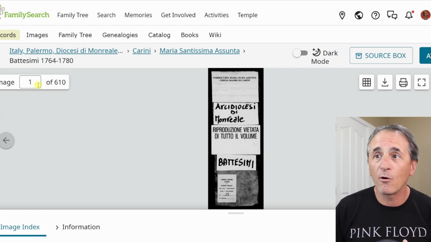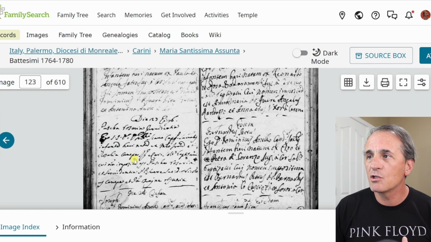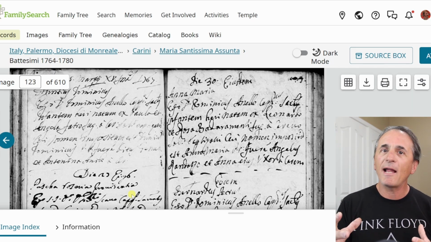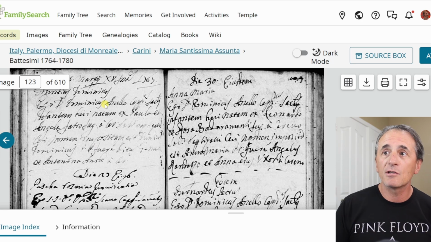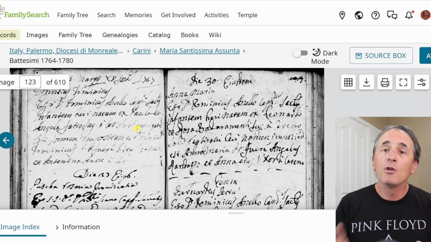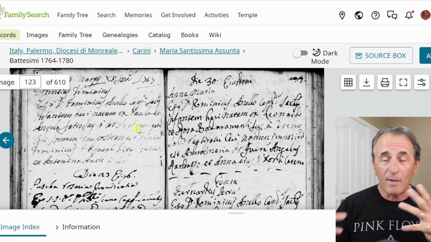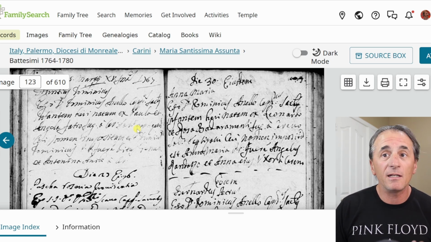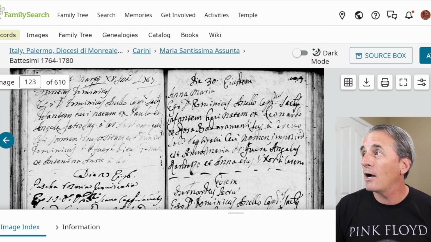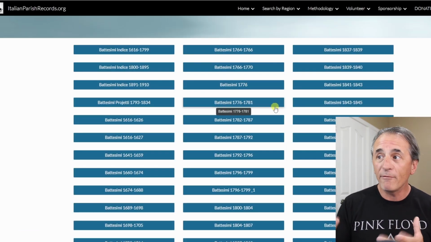Well, let me jump forward a little bit. As you get into the records here, you might have, depending on how many years it is, this is 1764 to 1780, 610 pages, most likely two indexes. So it may not start with the index. You got to find the index. So that's what was so great about Castiamarte de Golfo. Whoever did this,